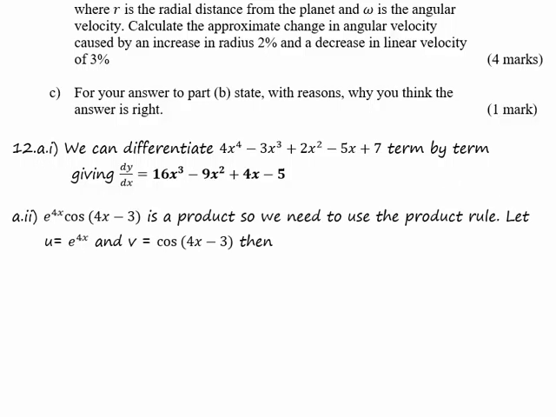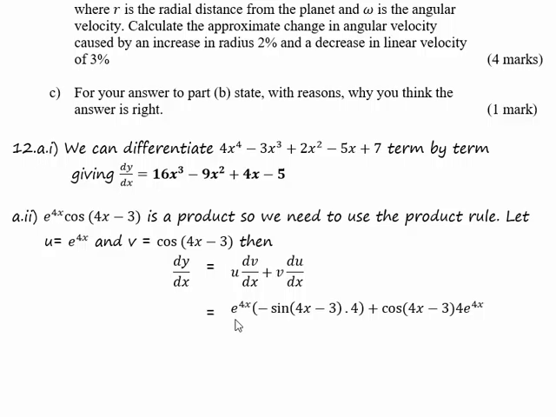Okay, the second term is a product, so we need to use the product rule. We'll let e to the 4x equal u, cos 4x minus 3 equal v, and then dy by dx is u dv dx plus v du dx. So doing those terms, we're going to get u dv dx, differentiating cos we get minus sine, and then we've got a linear factor here, so we've got to multiply by the differential of the factor, and then we're going to get cos 4x minus 3 times the differential of e to the 4x, which is going to be 4e to the 4x,